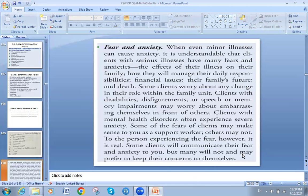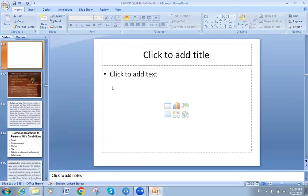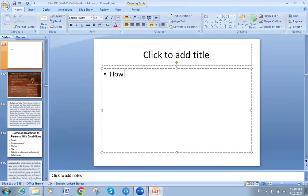But many will not, and many prefer to keep their concerns to themselves. Some people keep it hidden inside. They don't like to express their feelings, their fear, their point of weakness. They don't want to show it to others. As a PSW, you have to know how to deal with people who have fear and anxiety. For that reason, we will go now to another new slide, and I will tell you how can a PSW